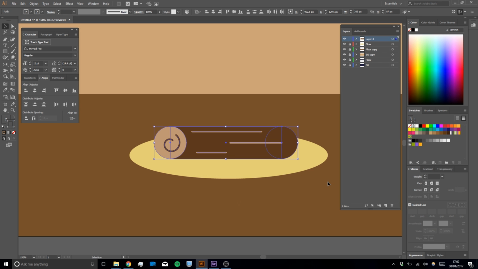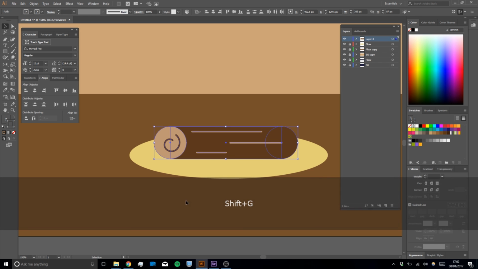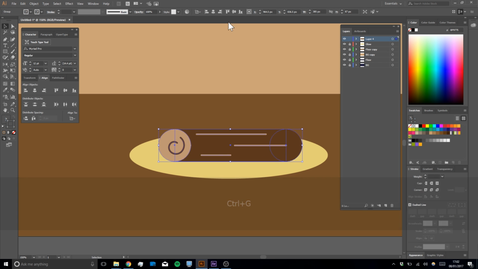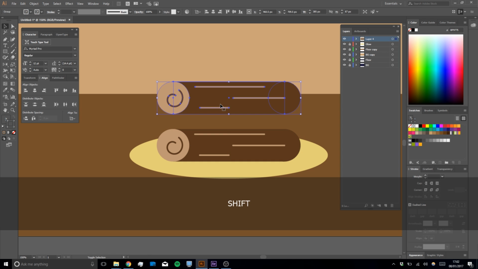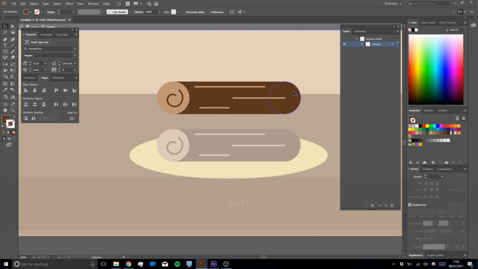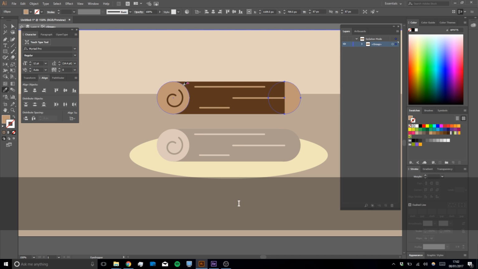If we just select it all, we'll just hit Shift G to group it. Not Shift G, what am I doing? Command G, that groups it. We'll just center that up, and we'll hold Shift and Alt to duplicate it. We're going to switch these colors around,